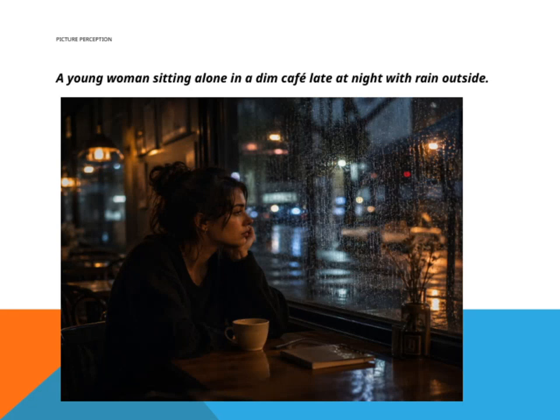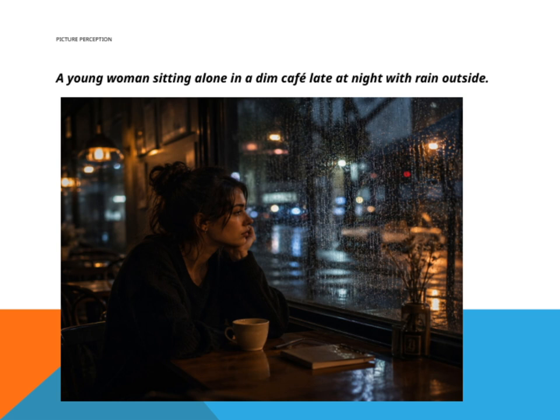As we look at this image, we see a young woman sitting alone in a dimly lit cafe late at night, with rain falling outside. This scene really captures the essence of how our perception of a situation can be influenced by the environment around us. The dim lighting and rainy night create a mood that might suggest solitude, introspection, or even a sense of mystery. When we interpret images like this, it's important to remember that what we see is often shaped by context,